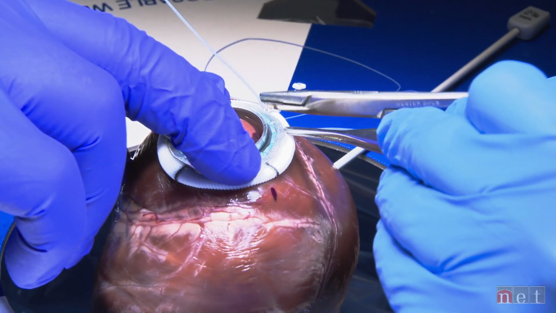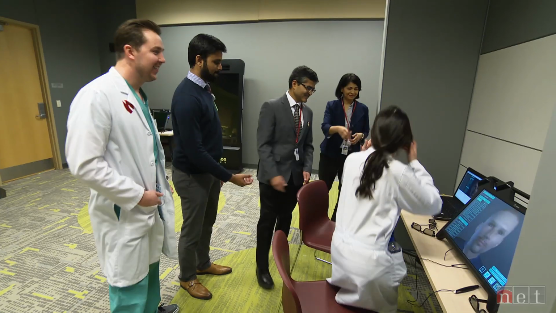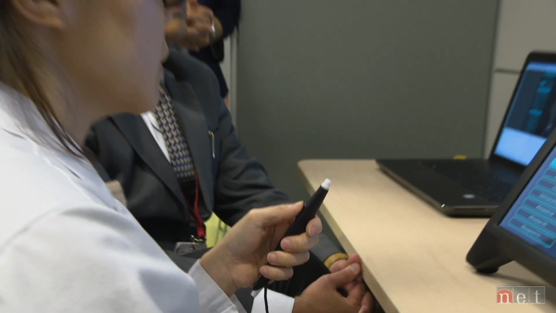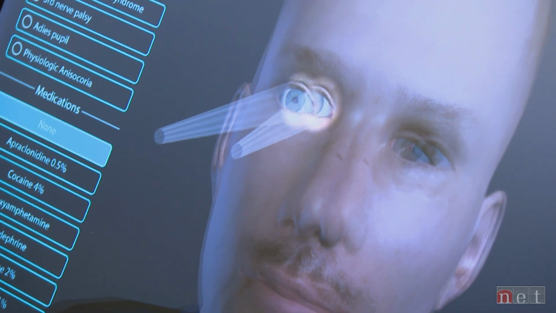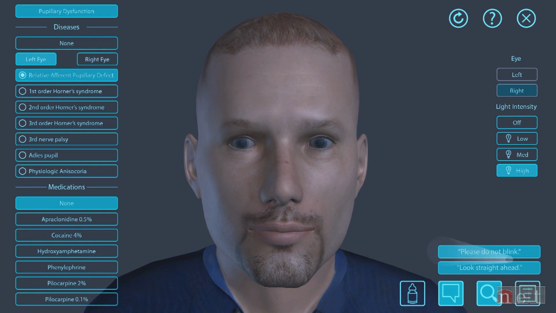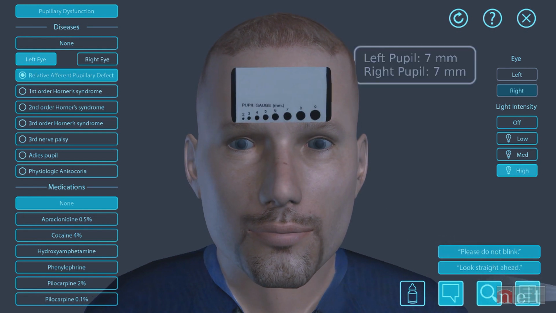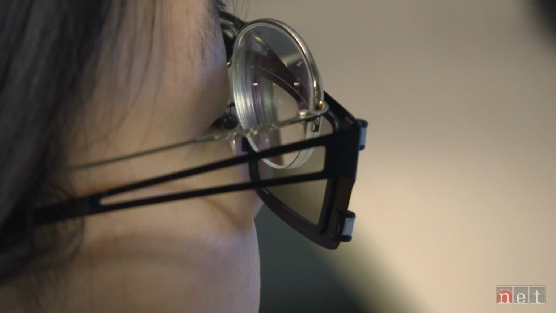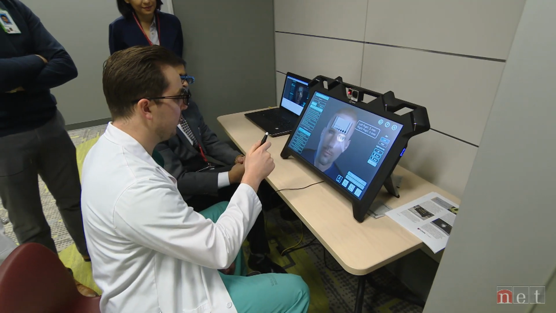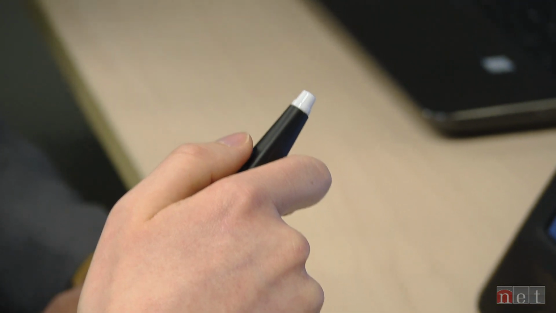Is there maybe a touch smaller than what I used last time? A virtual reality pupil simulator that can be programmed with rare conditions and mimics a real patient. If you wait for about 3 or 4 minutes, the patient gets bored and he'll start looking everywhere and starts to blink. And so you have to re-instruct them. Please look straight ahead. Very good. So I start in the right eye here, I swing to the left, and I see that the pupil dilates.